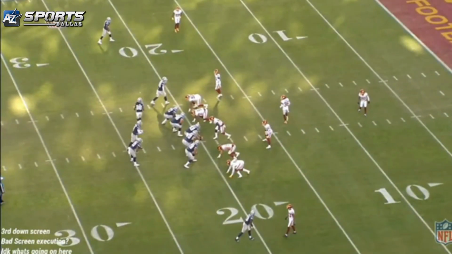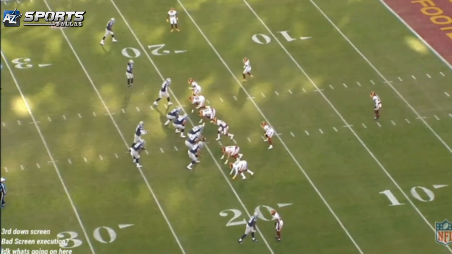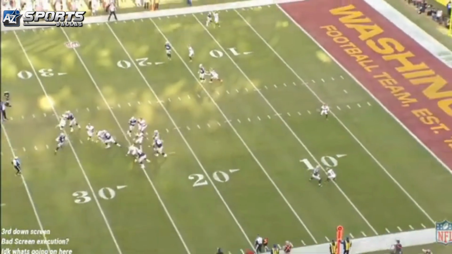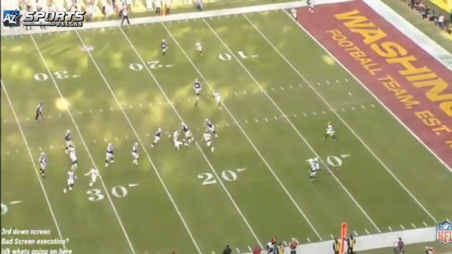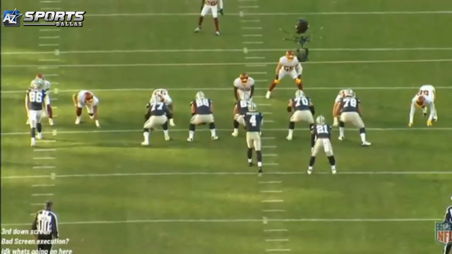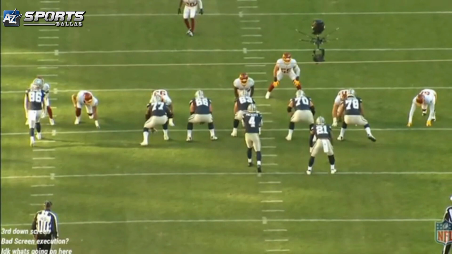Third down screen, bad execution. This was one of those plays where I said, I don't even know what the hell is going on here. I just let it speak for itself. I mean, you just watch these guys, and I'll show the other angle. Almost resulted in an interception. Again, when I say cluster of everything, perfect play to show it. Bad execution followed up with a bad decision by Dak. It's not there, Dak. Throw it at the feet. Stop trying to make a play when there's no play to be made.